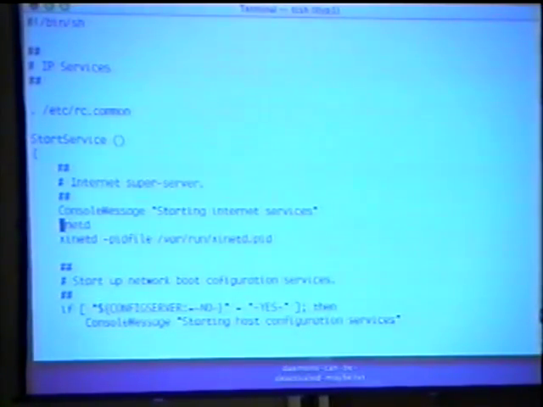Okay, so there's inetd. I've got this on the slide as well. So it's actually running both. And you can run both together. You can run inetd and xinetd on the same system. I remember when I first read that a few years ago and thought, that's really strange. As long as they're not binding to the same ports, you can do that. You could have inetd listening to the telnet port and xinetd listening to the FTP port. And as long as they don't have any crossover in ports, it's fine.